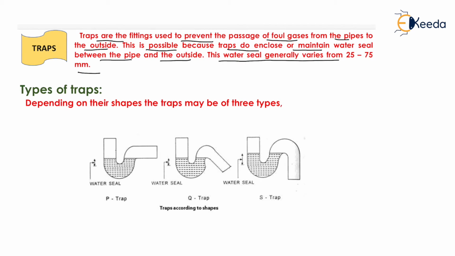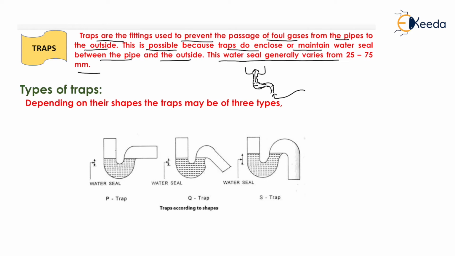You have seen that below your WC, that is the seat of your latrine, known as the water closet, a trap will be provided like this. Why will this trap be provided? Because it will have a water seal which will prevent foul gases from coming from the sewer into your WC.